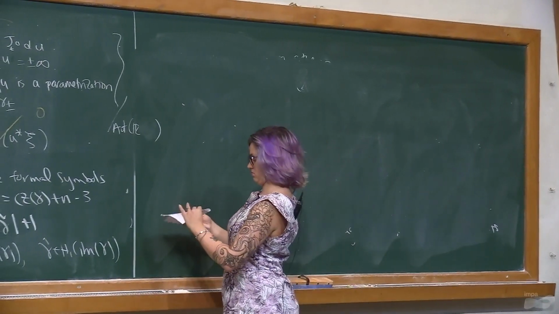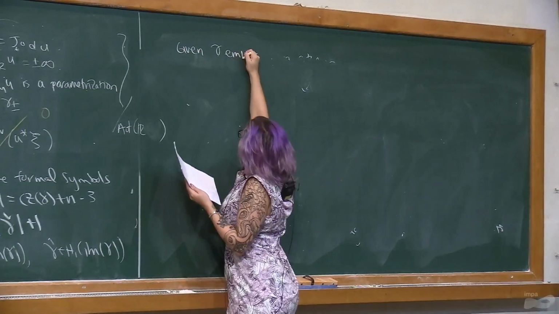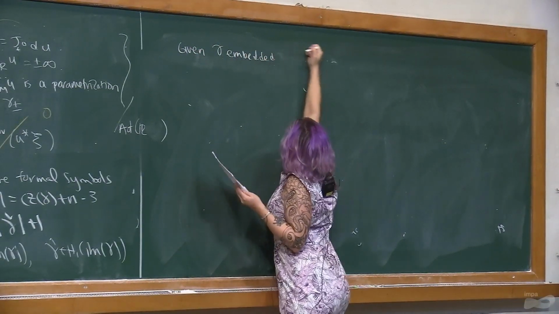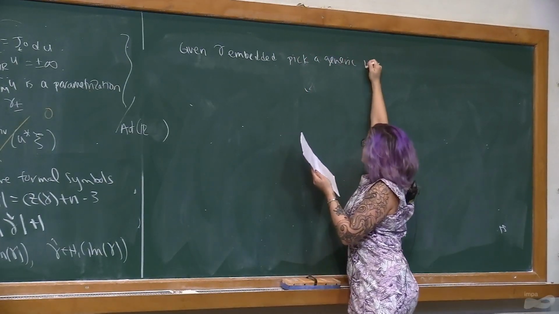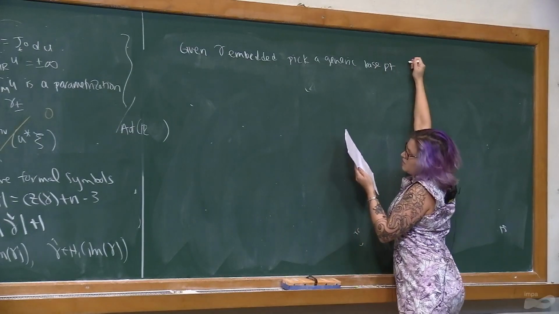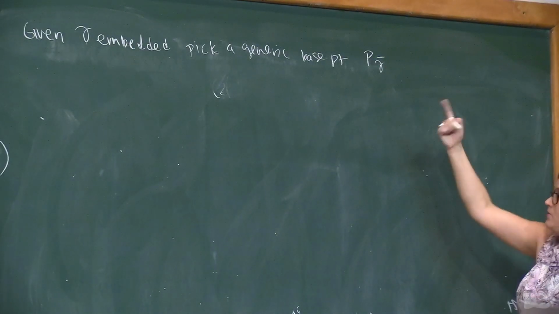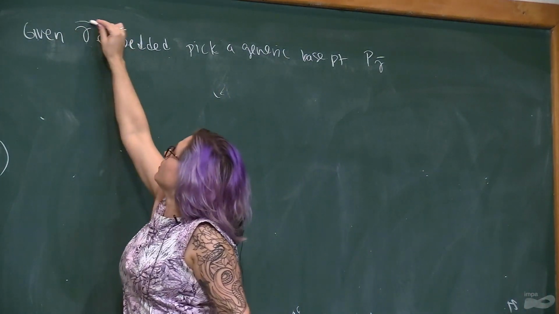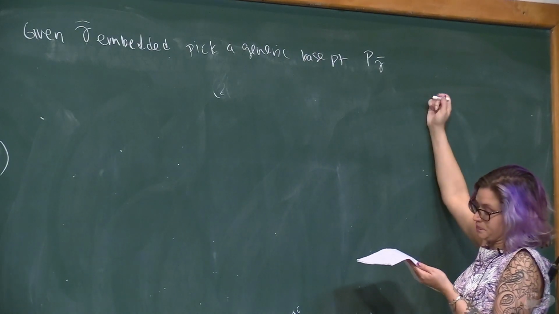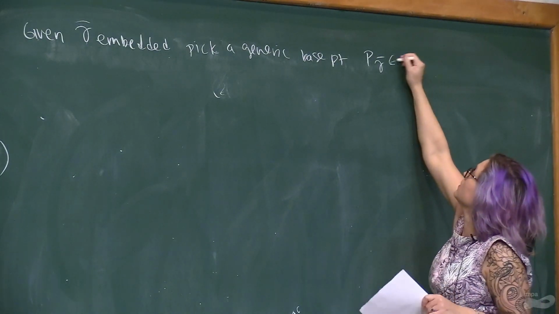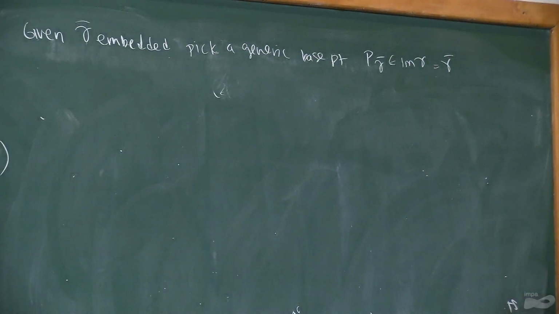So, given gamma embedded, pick a generic base point, P gamma, and we'll write it with an overline to indicate that if gamma is not embedded, then we look at its underlying embedded iterate, and this is going to live in the image of gamma, which is